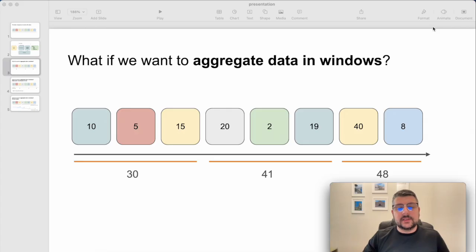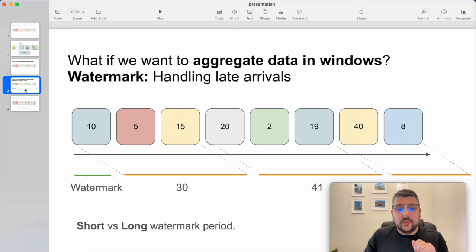All right, so we took a look at the code, and now let's understand some concepts more. In this slide, we are aggregating, we are summing data for every 3 elements. If these elements happen every 1 second, we'll have the first aggregated value as 30, the sum of 10, 5, and 15, and so on. But what happens